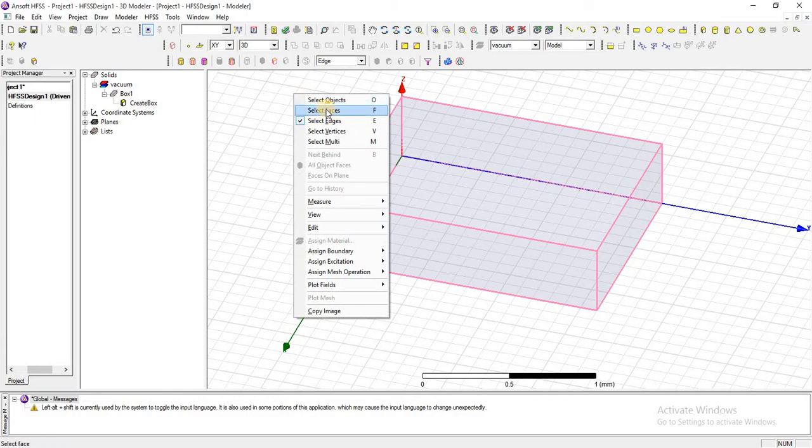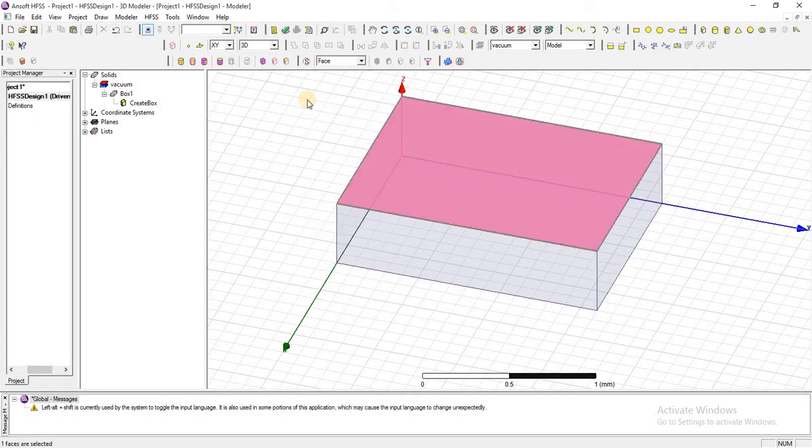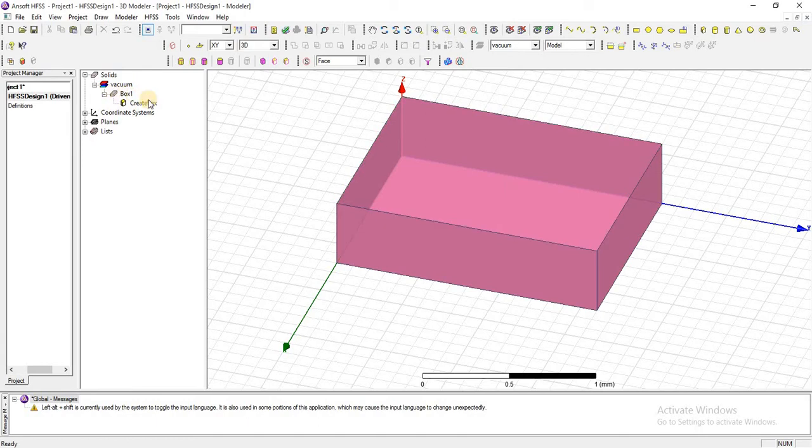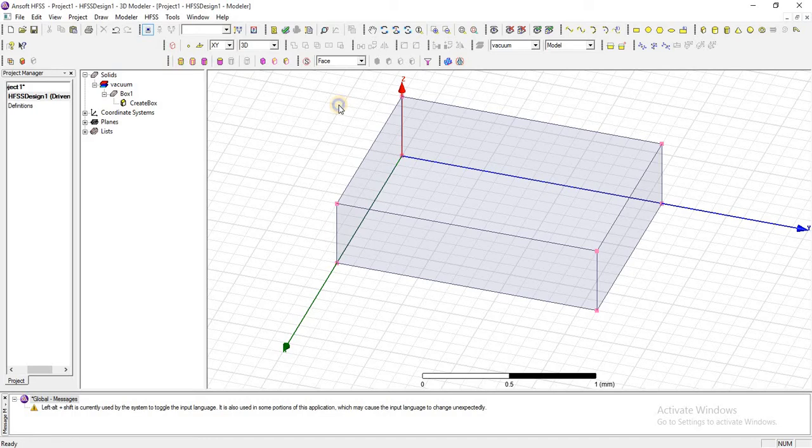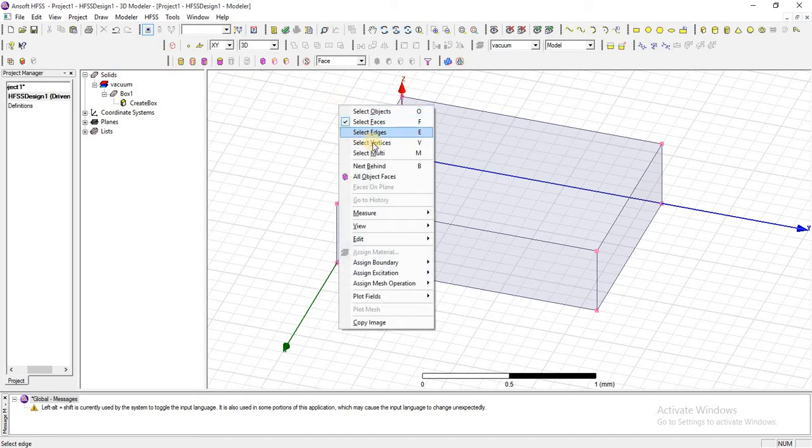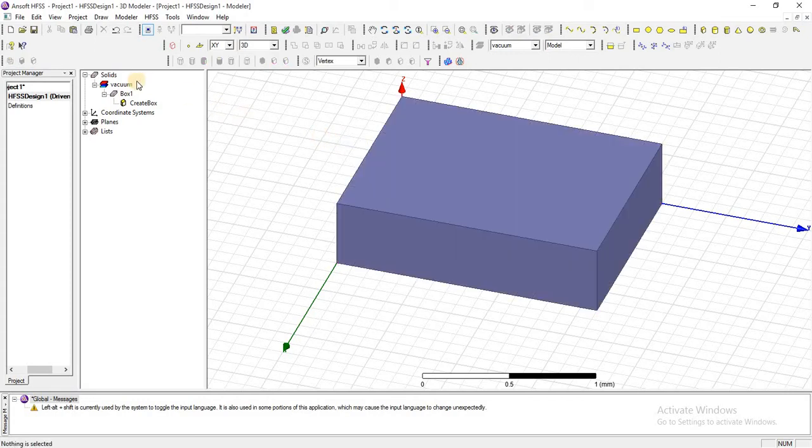Now if I want to select one face, I will use this way. But if I want to select all the faces of the object, I will use this command. Now the object is not selected, but only all the faces are selected. Now I can select one vertex by using this command.